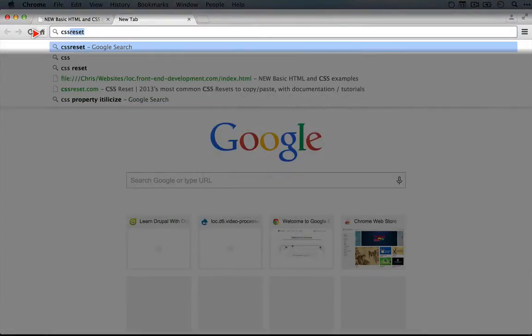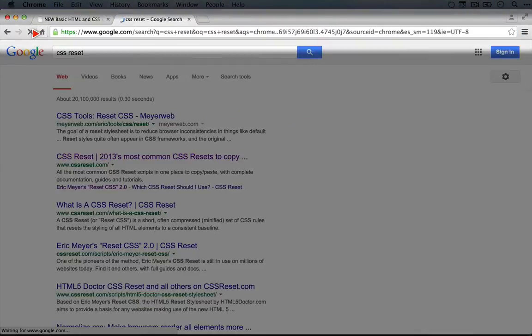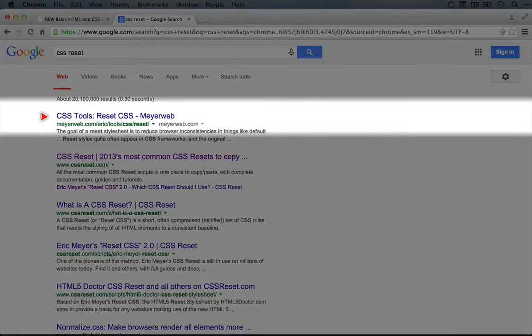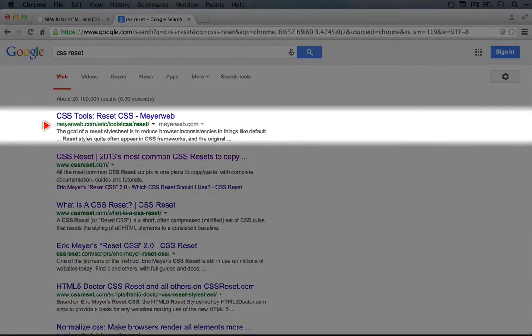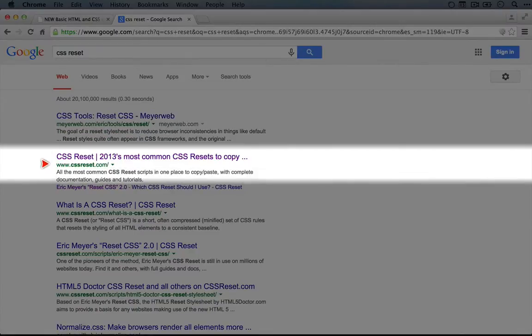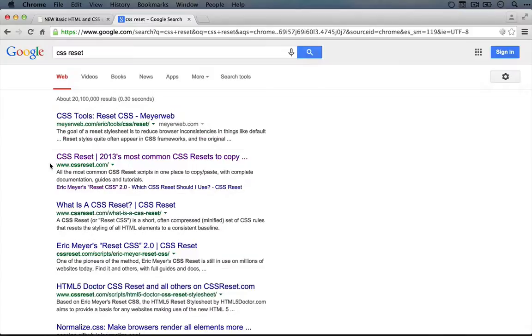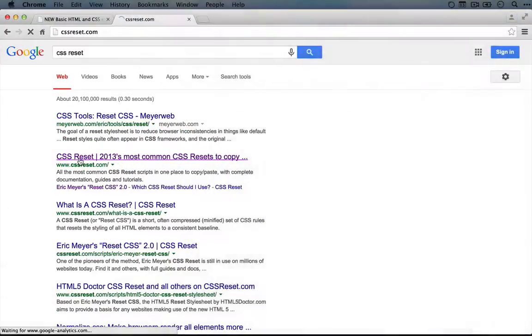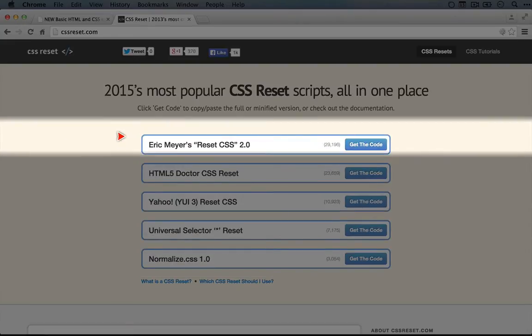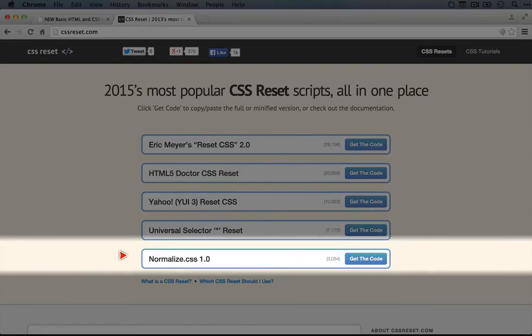So if you do a search for CSS reset, you'll get a few different options. At the very top is the Eric Meyer reset. This is probably one of the most common ones, and we'll look at it in just a moment, but I find it useful to go to cssreset.com, which compares various reset options. So I'm going to click on that, and you can see here a list of common resets, including a normalize,